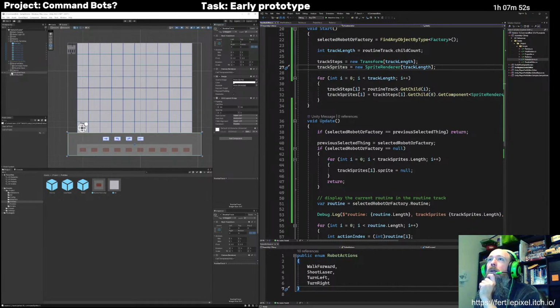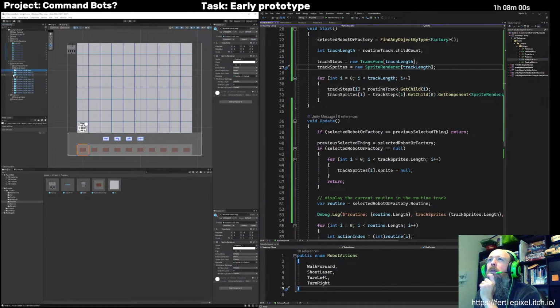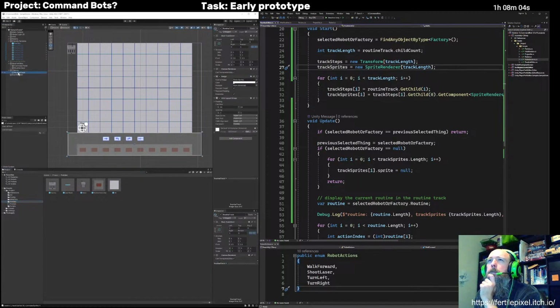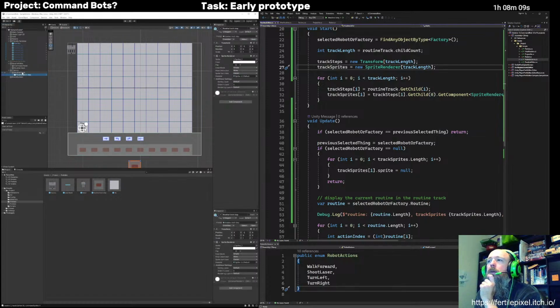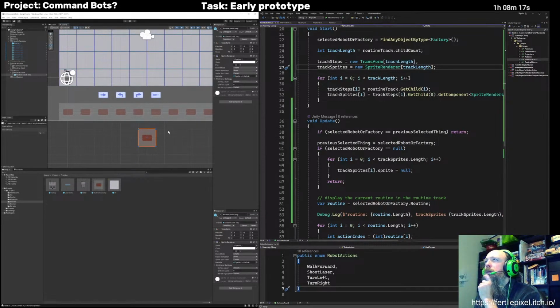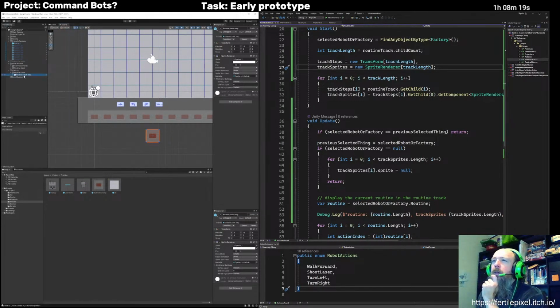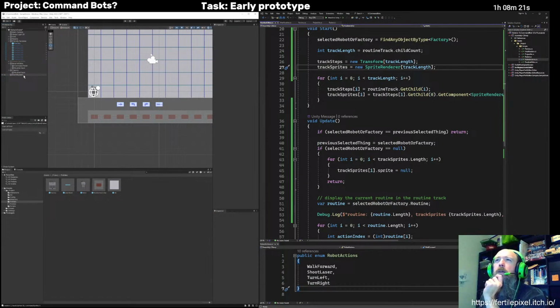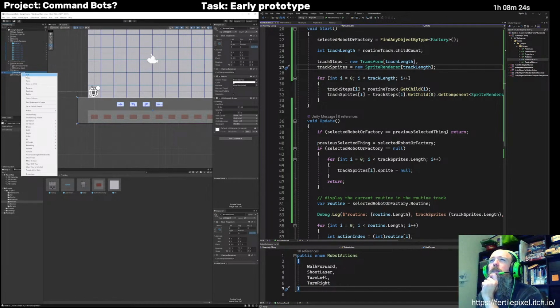So that's interesting. And I might be able to grab one of these routine track steps there. So I'll just grab the prefab for that. If I were to put that on there, what would happen? It wouldn't quite work out because it's probably not the right kind of thing. I'll just remove that one out of there. But maybe I could do